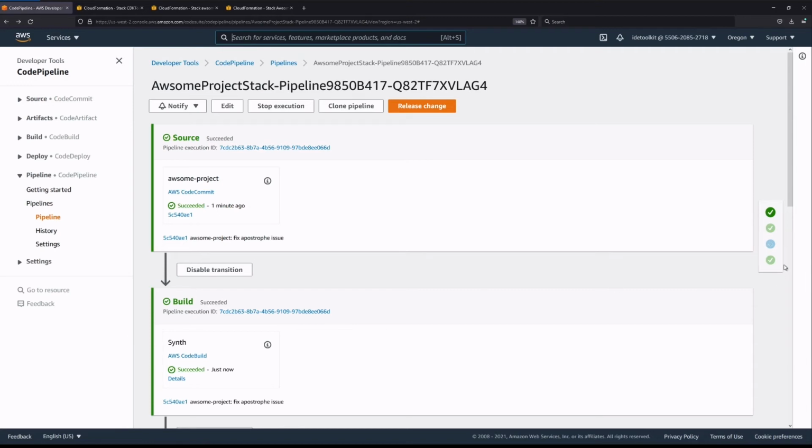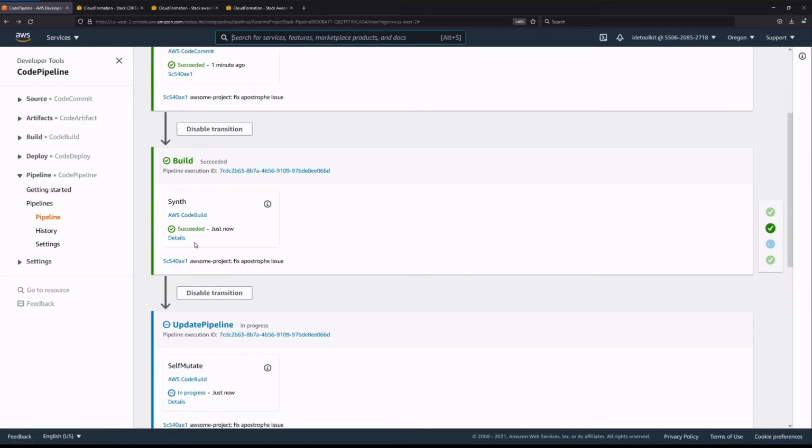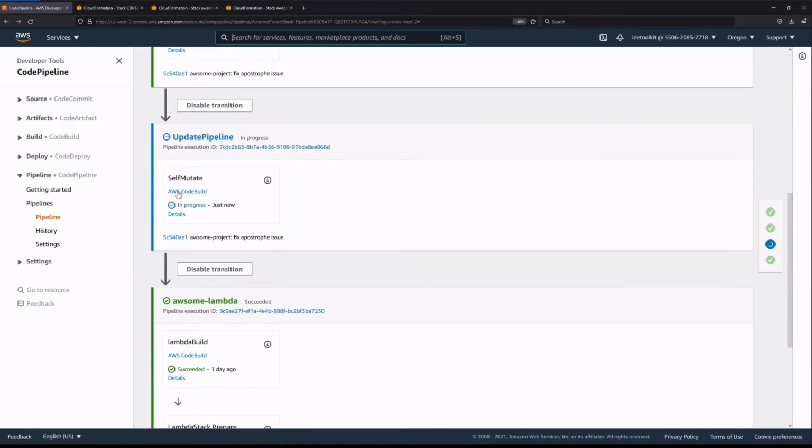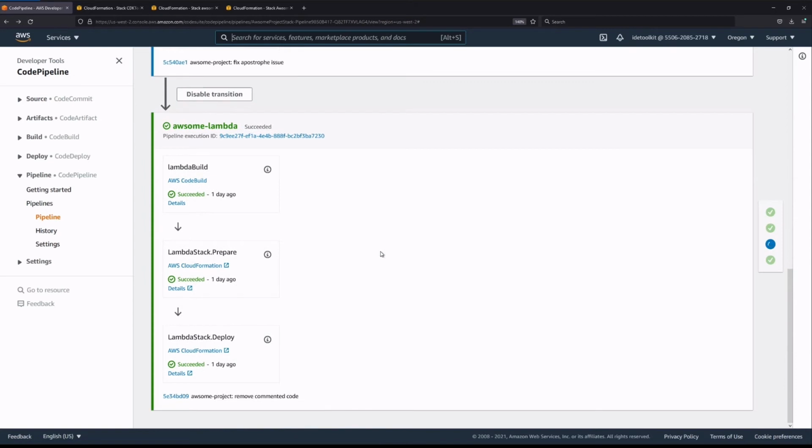You can see here that we're actually in the process of doing something. We see that we picked up from source a minute ago. We did the build. We're in the middle of this self-mutation thing, which I'll talk a little bit about later on. And then we'll actually build the code,